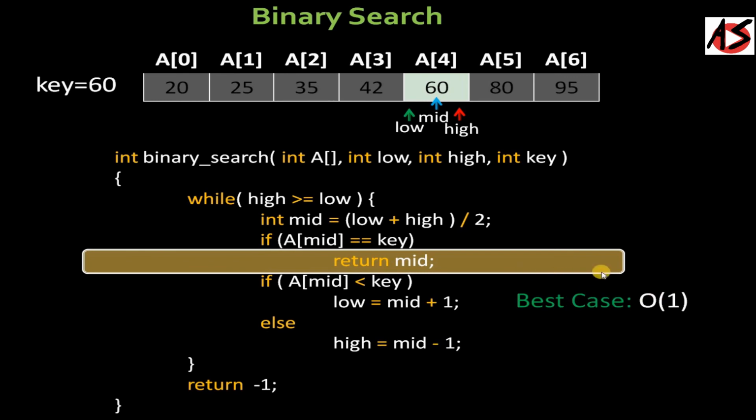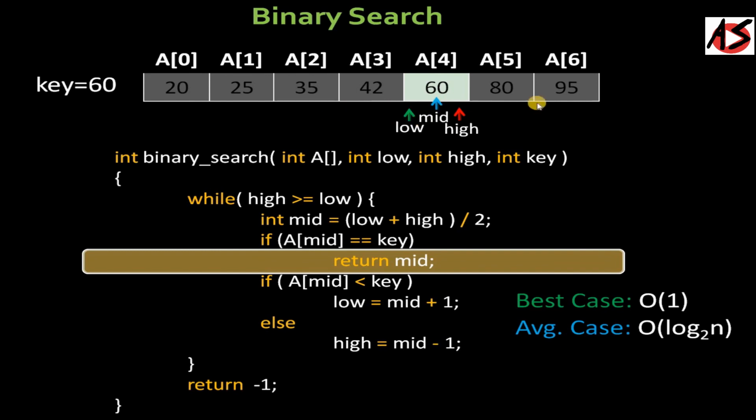If you are talking about the average case, this algorithm works in a logarithmic way. That means half of the elements you are ignoring every time. So if you have 16 elements, at most you have to do 4 comparisons. That is the upper bound of the algorithm. If you have 8 elements, at most you have to compare 3 times. So it is working on log n base 2. So you can write that your average case is big O of log n base 2.